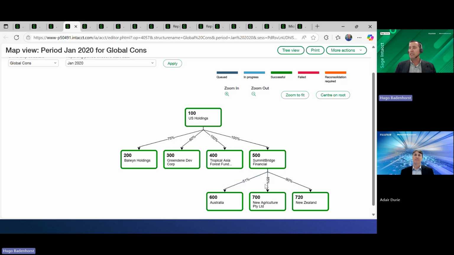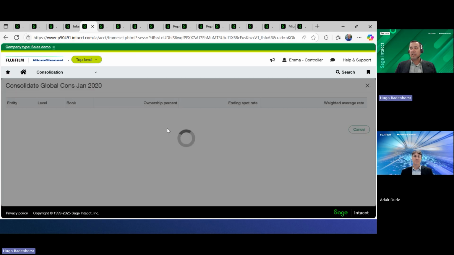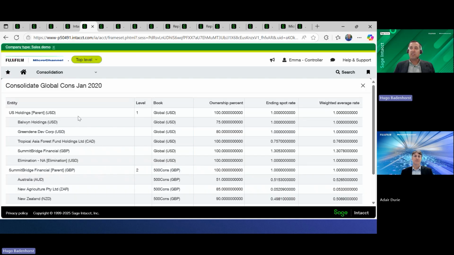Each of these entities has different currencies, as we saw initially. So it takes care of the multi-currency conversion. It takes care of that partial ownership. It takes care of auto eliminations between these entities, like the loan accounts that we saw earlier. So generally, when we look at that structure, and I'm going to consolidate this, you can start that process. And the big advantage there is you can see what will basically happen.